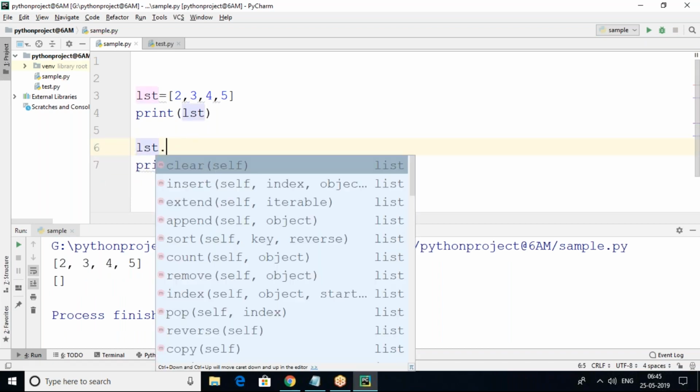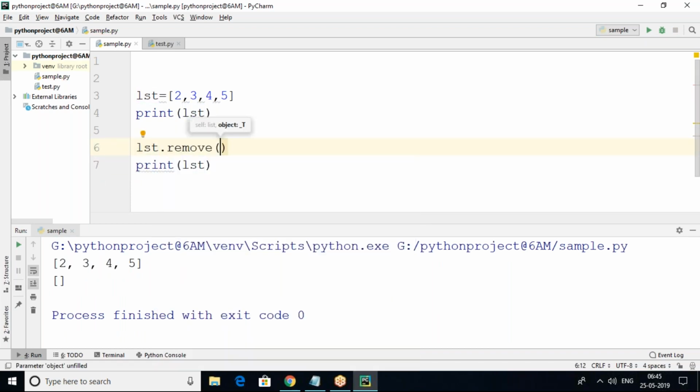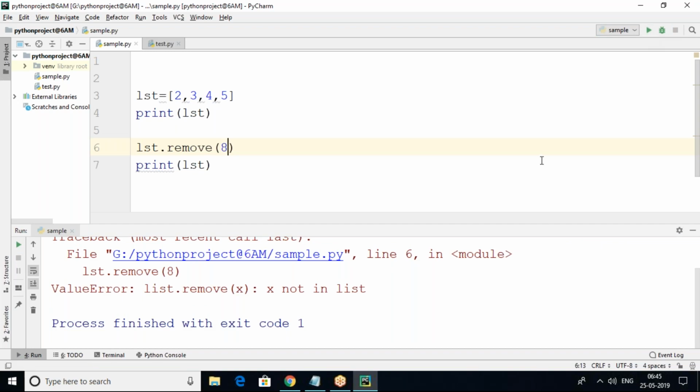Suppose I use the lst dot remove method. The remove method is used to remove based on item, no? Yes. So my item is 2. Is 2 there as an item? Yes, it is there. 2 item is gone. It's not an index actually, it's an item. 5 item is there? Yes. 5 item is also gone. But what happens if the item is not there? See here, it shows x not in list, value error. Your value is not there.